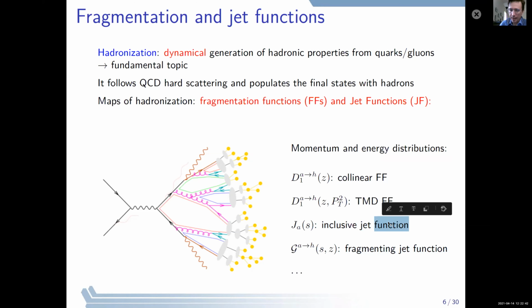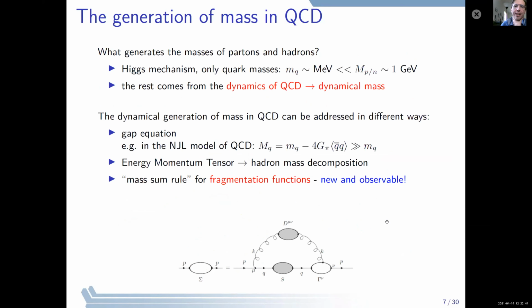So let's start, or before that, what generates the masses of particles and hadrons? Well, it's not the Higgs mechanism that only gives us the current quark masses. Sort of the kinematics of mass generation. Well, the rest comes from a dynamical generation from QCD. It's a dynamical generation of mass that has been addressed and can be addressed in many different ways. One example is a gap equation, or other non-perturbative method, that connects the mass of the hadron to the quark condensate in